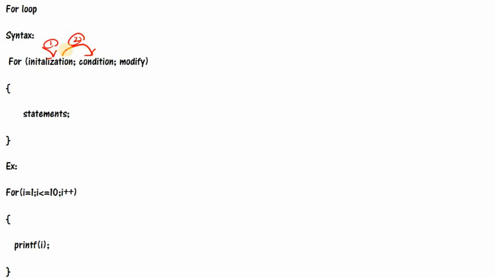If the condition is true, it will not go to modify; directly the control goes inside. The condition is true, move inside and execute the statement. After executing the statement, it will go and modify.